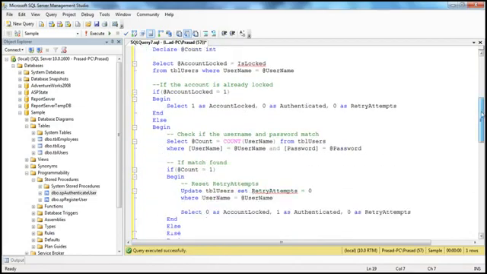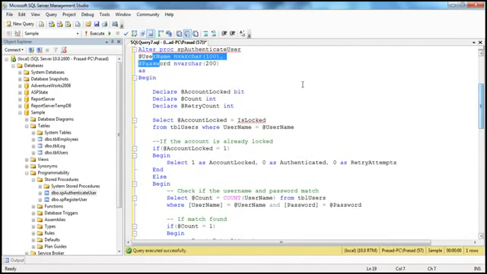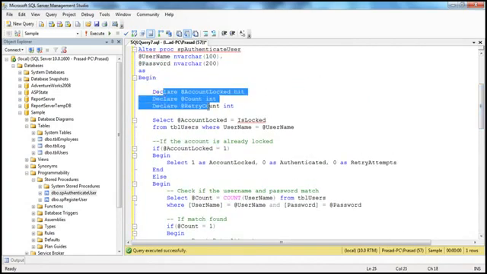And then within the body of the stored procedure, there's quite a bit of code, but it's very easy to understand. Here we have three local variables that we have declared within the stored procedure to keep track of some of the things that we are going to calculate. Okay, so look at this account locked variable. The first thing I have to do whenever somebody passes a username and password to the stored procedure: if the account is already locked, we will not even bother